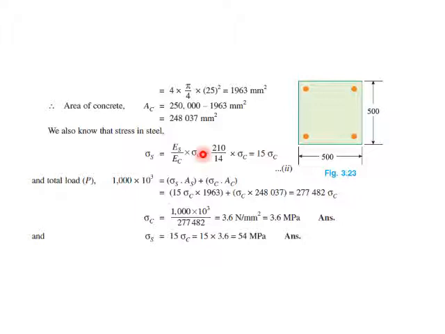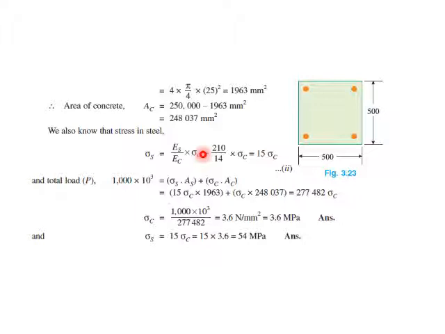P is equal to PS plus PC, that is capital P, which has already been given to you, 1000 kilonewton, which is equal to load carried by steel plus load carried by concrete, PS plus PC. So write this equation as 1. And next you can write out PL upon AE for steel should be equal to PL upon AE for concrete. With that, get an equation for PS is equal to something of PC. Reverse substitute, then you will get the answer directly for load carried by steel and load carried by concrete.